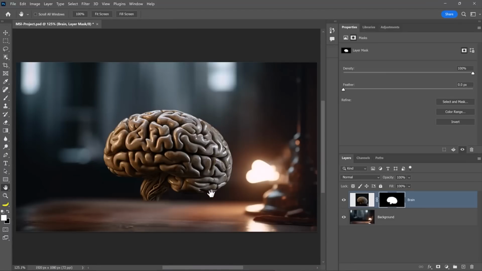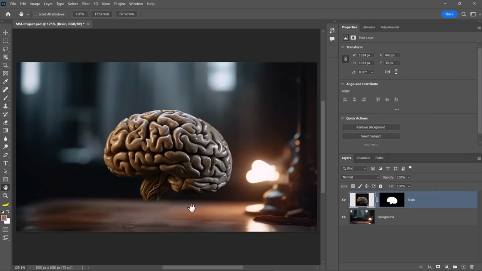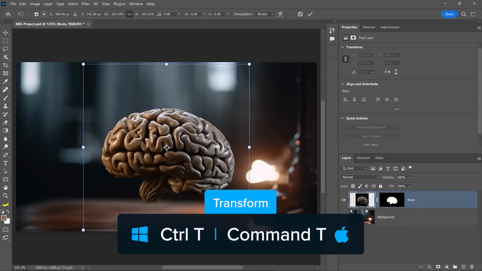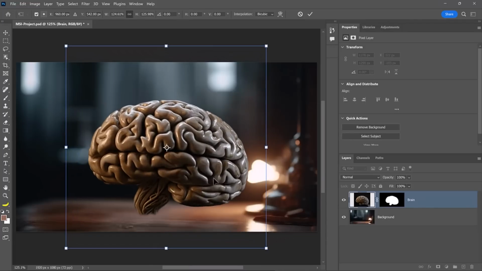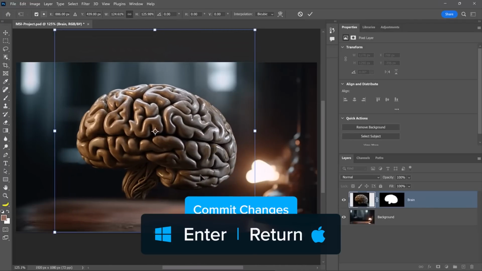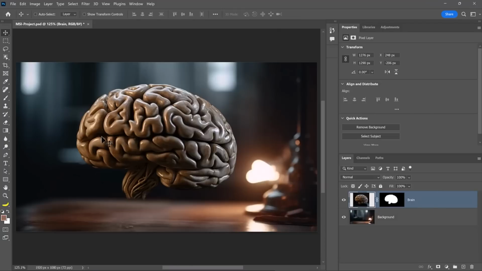At this point, I think that we need to make the brain a bit larger. So I'm going to click on the layer, press Ctrl T to transform, and scale it up and move it up if need be. What I'm going to do now is create the illusion that the inner parts of the